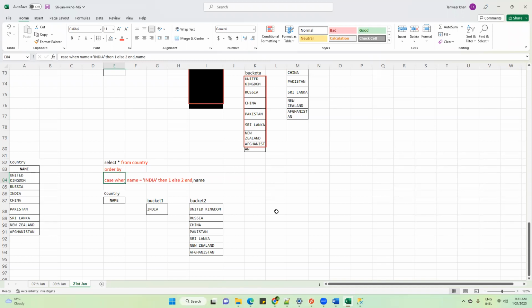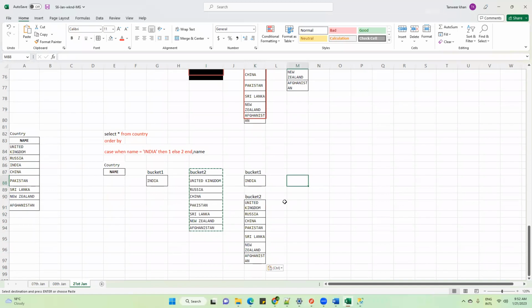What are you sorting here, data or bucket? Bucket. So which bucket will be on the top? Bucket number 1 will be at the top. So this I will keep at the top, then bucket number 2 I will keep after this. This is clear to everyone, right?